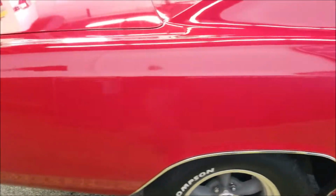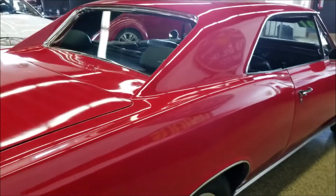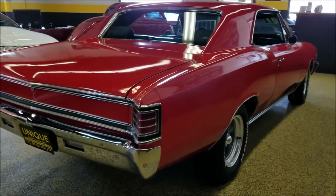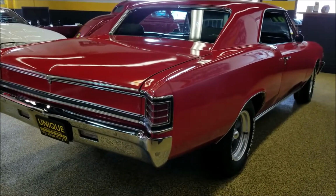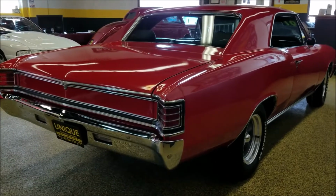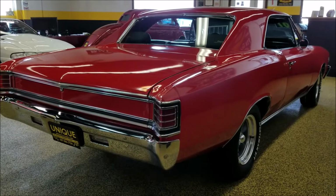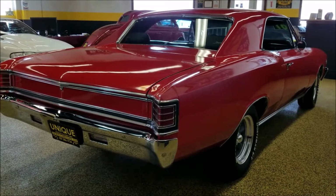Get around to the driver's side, and I'll kind of give you a rundown. There's a lot of new components on the underside of this car too, as far as the suspension and what have you. You can see those still pictures if you want to see the undersides, see how solid the pans and everything are, frame underneath of it. Those still pictures can be seen at